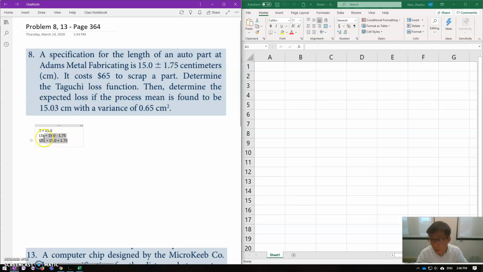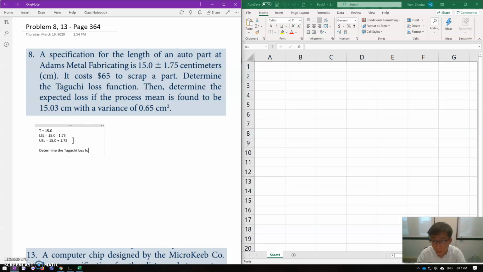This is the range of tolerance. But when you exceed the spec limit, your penalty is $65. So based on this information, we can actually solve the first question, which is determine the